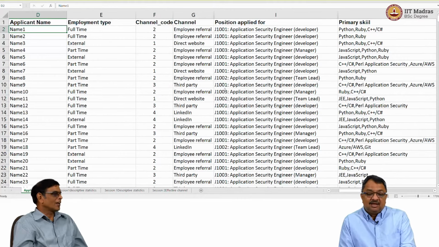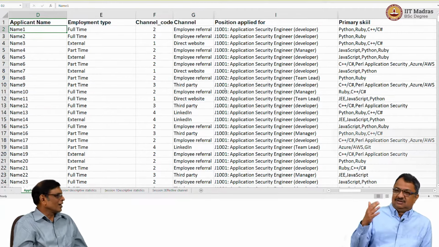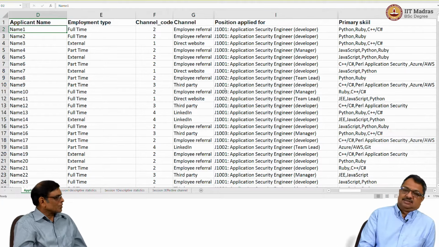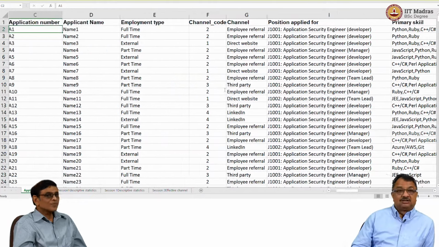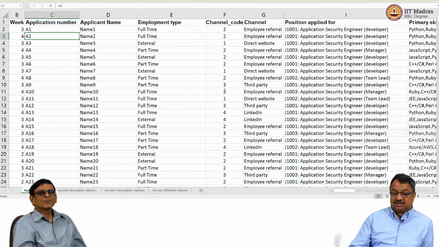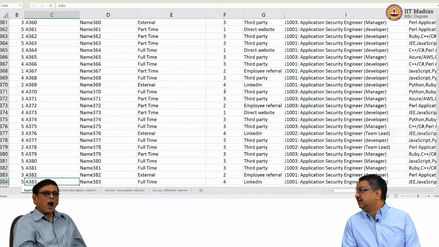One is some high level, mid level, and entry level, something like that. Correct. So there were developers, managers, and team leads. Entry level, very typical. Junior, middle level, and senior. And some number of positions for each of these. Correct. So there are three job positions. Now, for each job position, whenever an application comes in, it is given a unique application number. So you get application A1, A2, A3, up to, if you see, 383 applications they've got.